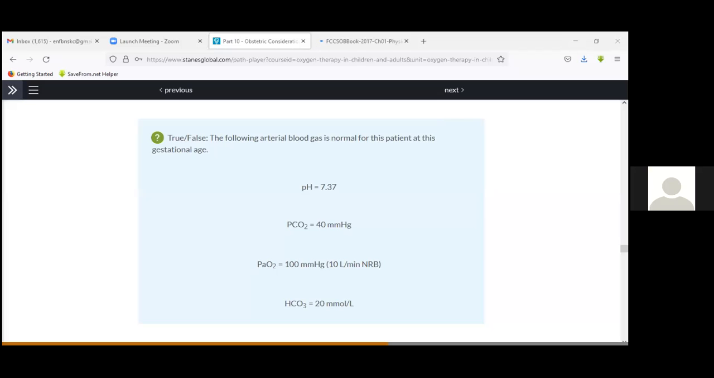We all know some of the changes that occur during pregnancy, especially involving the respiratory system. They tend to have some mild respiratory alkalosis. Okay, but however, in this patient,